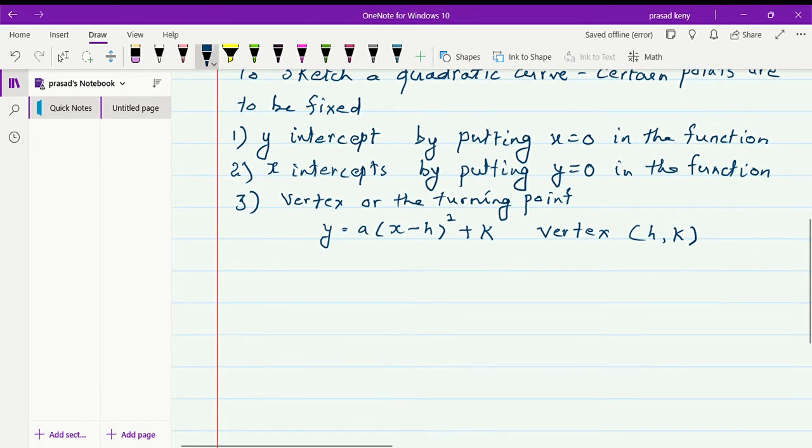And one more thing that you have to keep in mind, that if the vertex is at (h, k), then x = h is the line of symmetry or axis of symmetry of the graph,